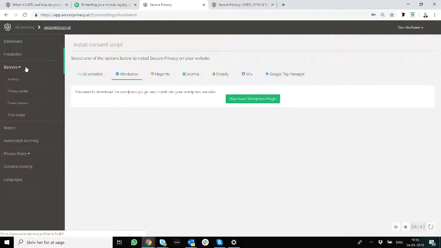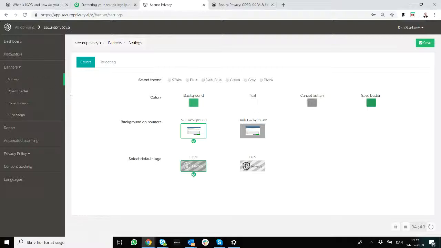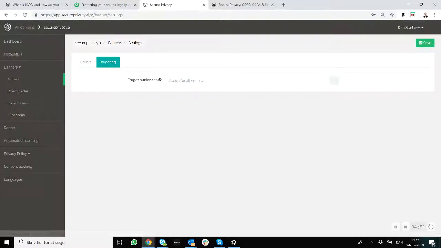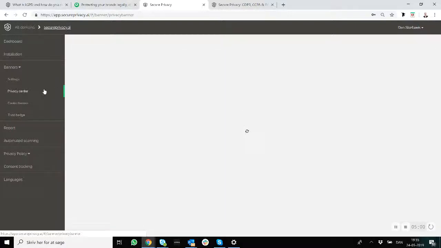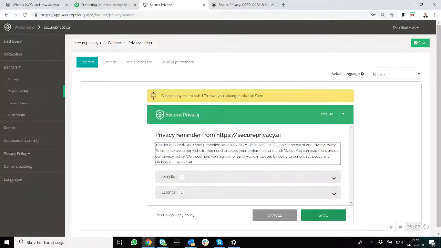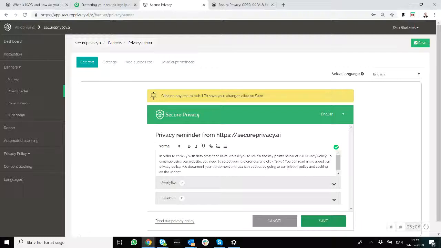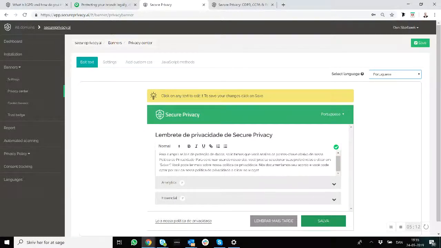Banners, this is really where you have all the website customer-facing widgets on your website. So on the settings, you can target if the banner should show to people only in Brazil or to everybody. You can style it in different colors right here if that's relevant for you. The privacy center, if you want to change the text, all you need to do is right here. Make sure you select the language first. So you have that covered first, but otherwise it's what you see is what you get, and you can change